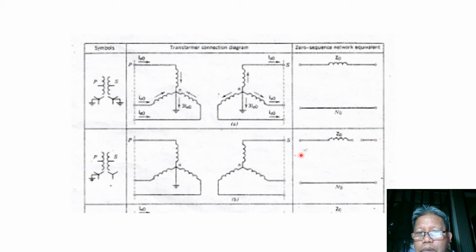So we represent our transformer with this connection, Y primary grounded, Y secondary ungrounded, to be this one. From the primary we have an impedance Z_0, but with respect to the secondary terminals there is no connection, so it is open. So in other words, the zero sequence currents in the primary cannot flow to the secondary because we have here an open circuit between the primary terminals and the secondary terminals. So this is how we represent this type of connection.